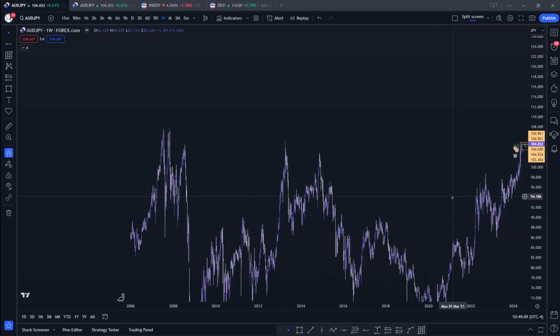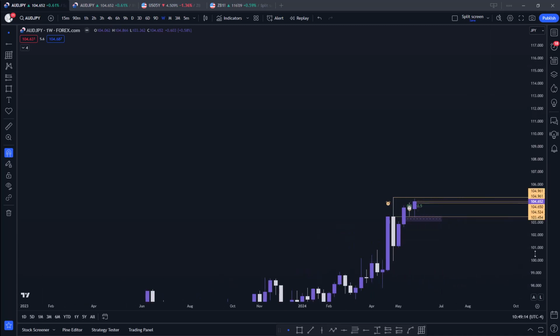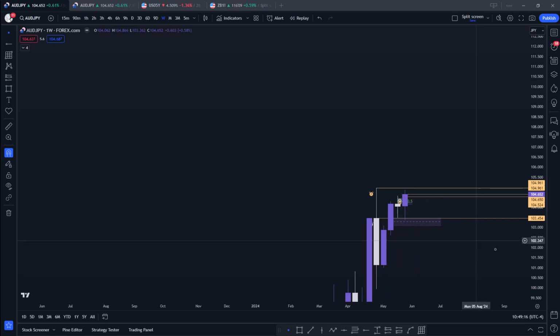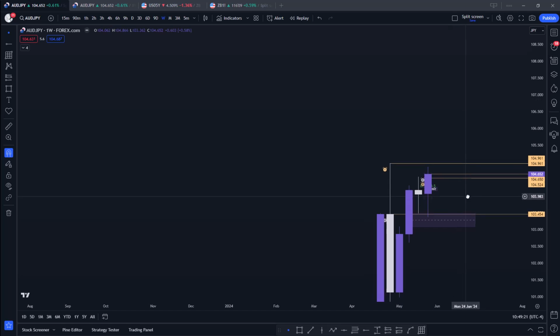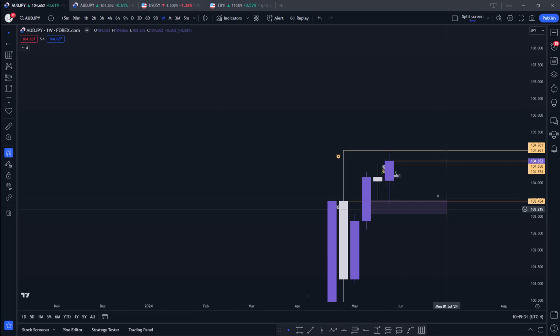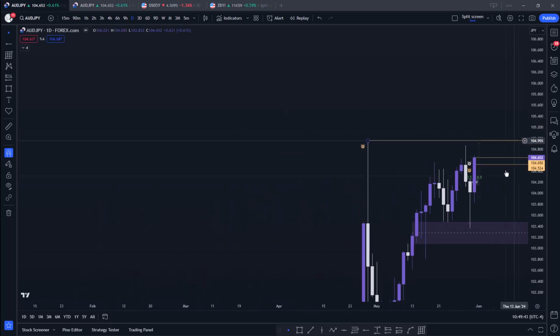107.74. So yeah, we've just been buying this. I think I'm currently in a position with AJ. Yeah, actually I am currently in a position with AJ and GJ. So we have internal range liquidity to external range liquidity. So I think because of JPY in this pair, we might just reach that external range liquidity before the CPI news even comes out on Tuesday, I think. On the daily chart,